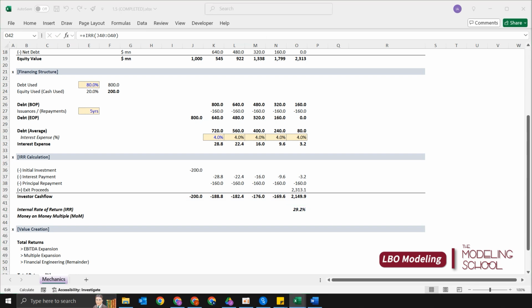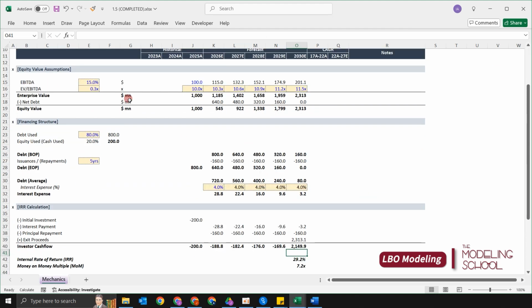And the money on money multiple: initially the company invested 200, so we're going to add all of this and divide it by the initial investment. But we have to put a negative sign on the front. Whoops. And now we can see that,